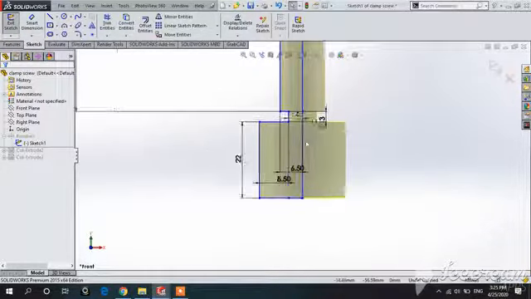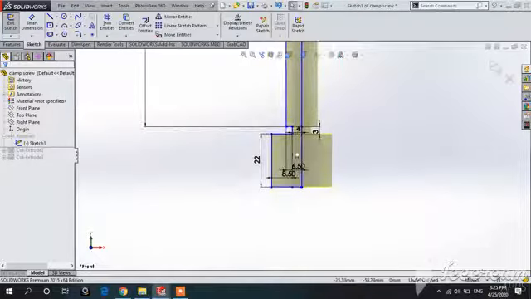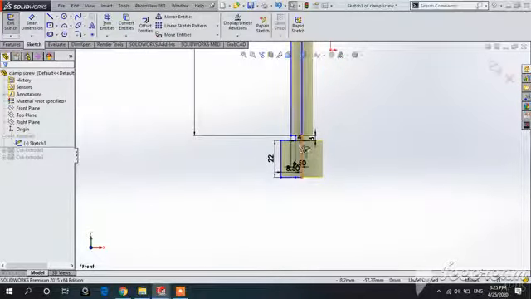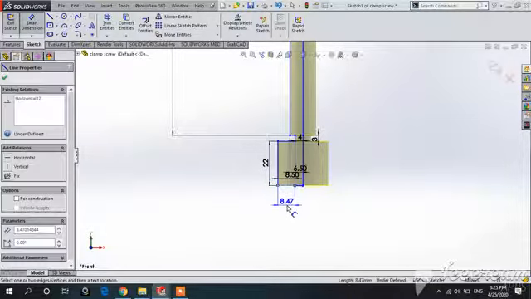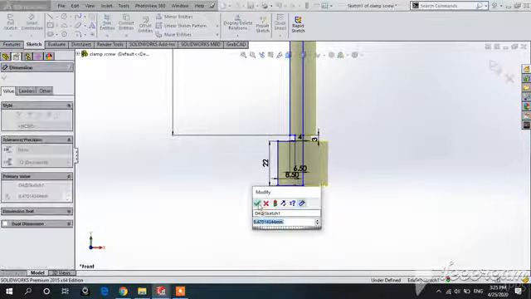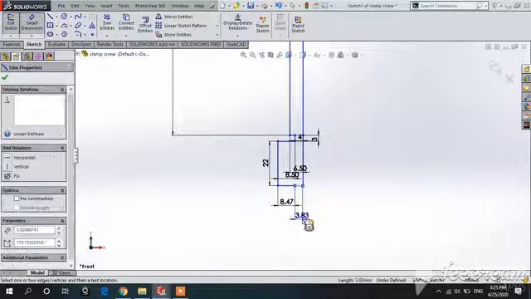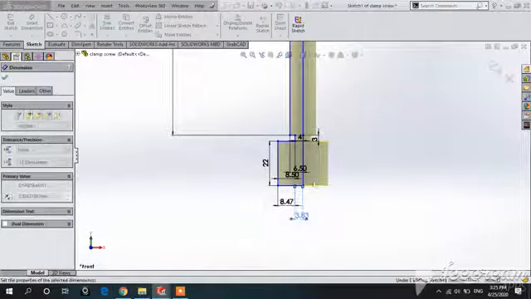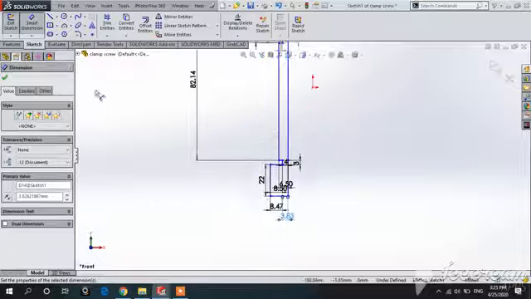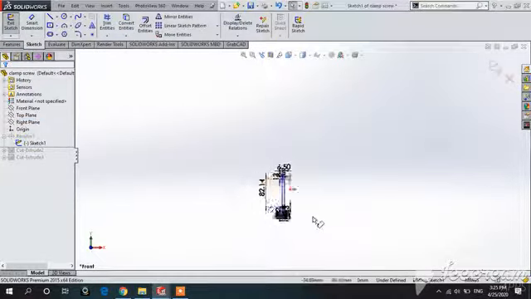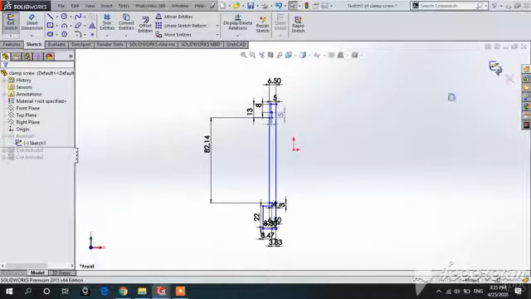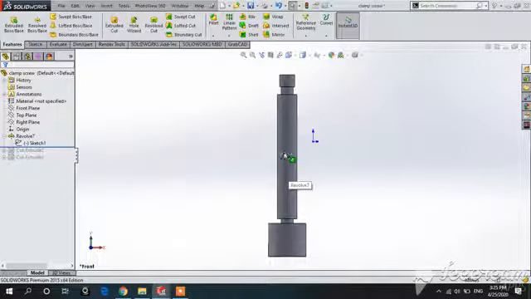Now come to the clamp screw section. I have already done this. Now see, go to the sketch section and go to the line. Now see, the overall distance from this point to this point is 82.14, and this distance is 13 mm, this distance is 8, from this to this 5, and this distance to this distance is 0.50, same as this.